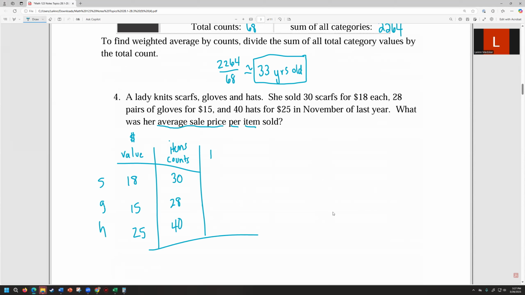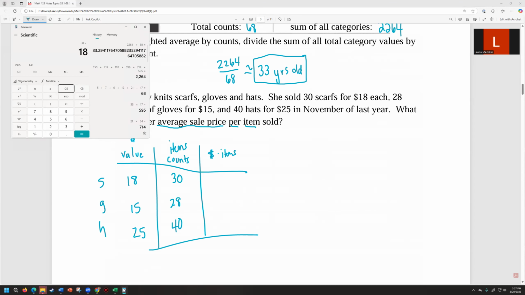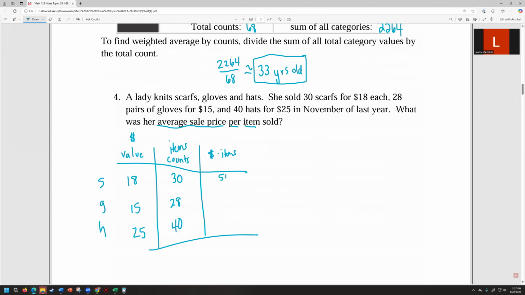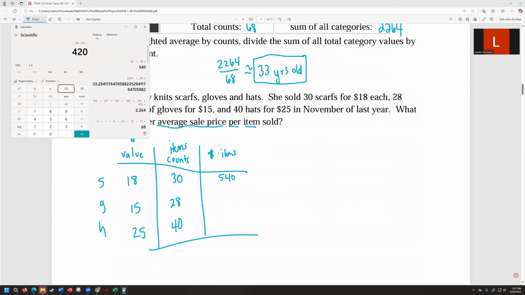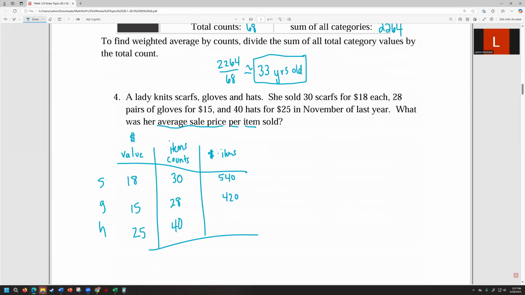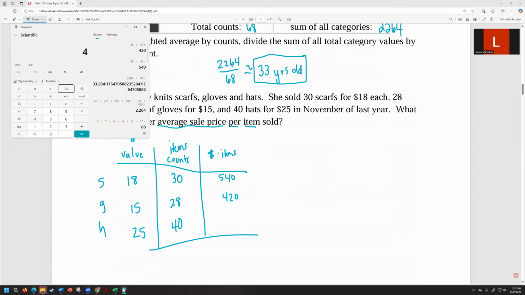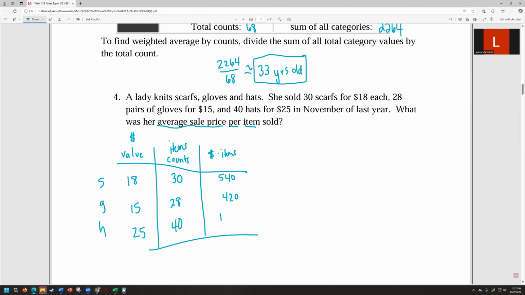Now we've got to do the sum of all the categories, which is going to be the value of each item times the number of items that we sold. If there are 30 scarves sold and we needed to add up $18 for each one, 30 times 18 gets that for us a lot quicker. So 30 times 18 is $540 that we would have made from the scarves. And 28 times 15 is $420 that we would have made from selling gloves. And then 40 times 25 is 1,000. Now, if you add all this together,